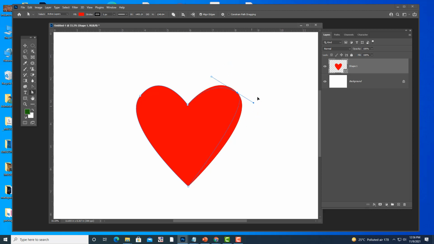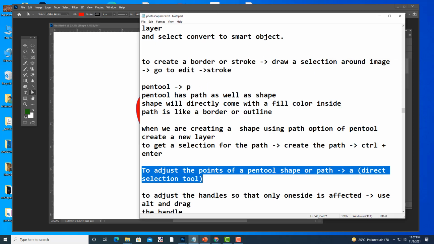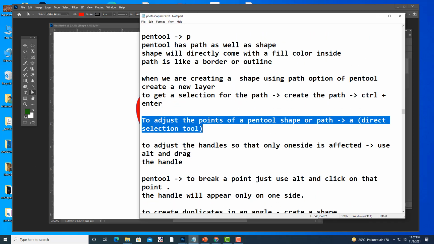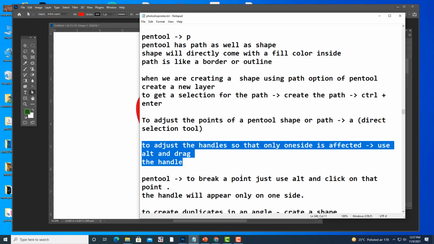The shape is changing on both sides. But let us say I want only one side to change. So what should I do? If you want to change only one side, just write down this point: to adjust the handle so that only one side is affected, use Alt and drag the handle.